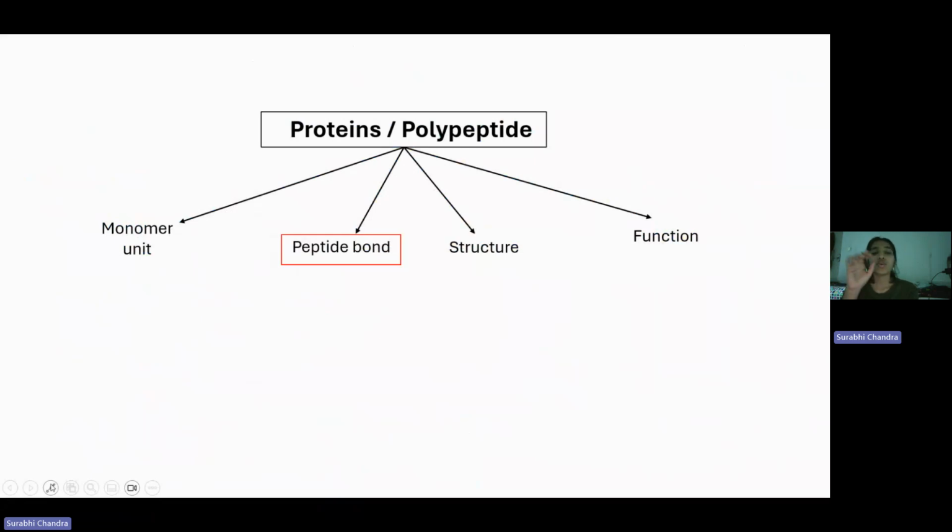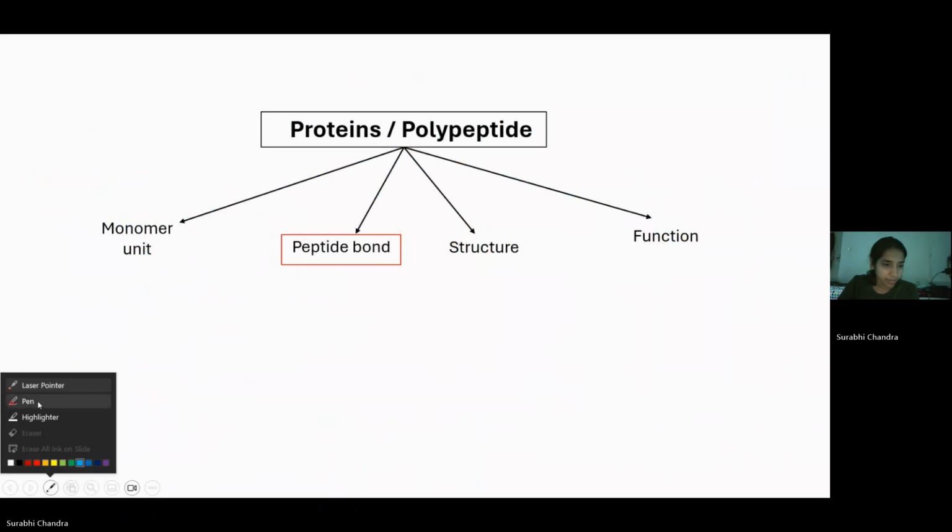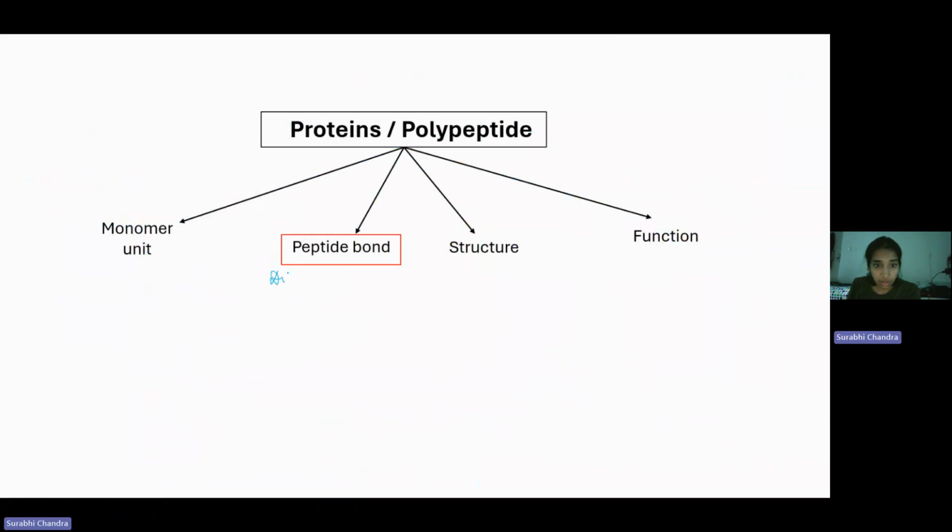So when two amino acids are joined together, they are joined via peptide bond, and that is called a dipeptide. Again, multiple amino acids joined together is known as polypeptide, which again folds in itself, having specific structures